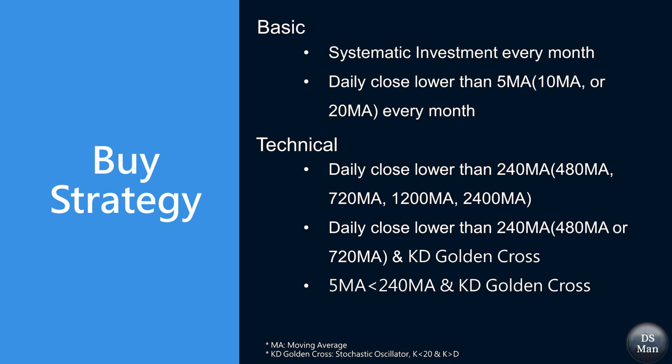Buy when the closing price is below 240 MA, 480 MA, or 720 MA, and a KD golden cross is triggered. Trend alignment and momentum. Buy when 5 MA is lower than 240 MA, indicating short-term weakness relative to long-term trend, and a KD golden cross occurs. Why it works? These strategies blend trend following via MAs with momentum reversal signals via KD to identify high probability